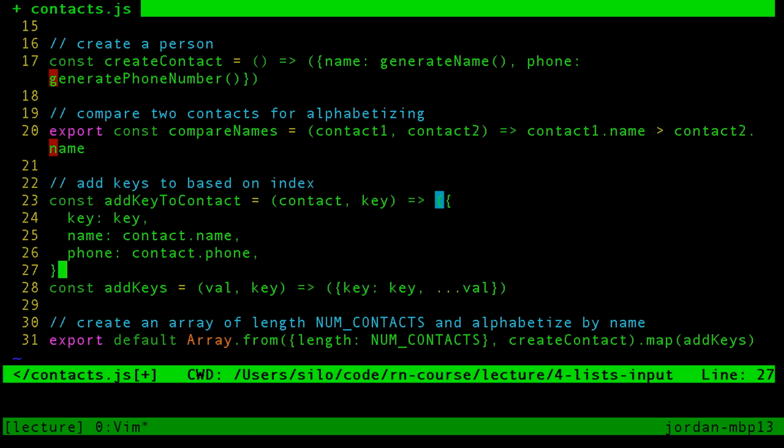Which is fine. It does exactly the same thing as this bottom function does, assuming that contact is in the shape. The downside is, what happens if we start to add new keys to contacts? Say we added a first name, last name rather than name, or say we added an address, or a bunch of other fields. We would also need to remember to go add all of those key value pairs into this